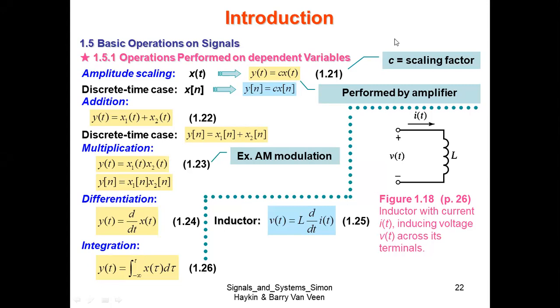So after studying the classification of signals, now we are into the basic operations that can be performed on signals. What sort of operations can be performed on signals? Here they say we can do amplitude scaling. What is amplitude scaling? Say there is some x of t. If you multiply this x of t with some constant, it is amplitude scaling.